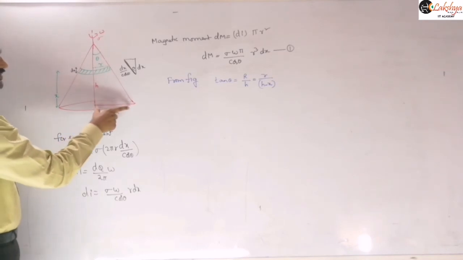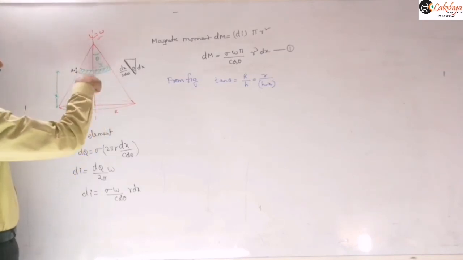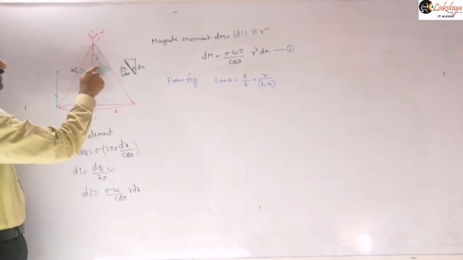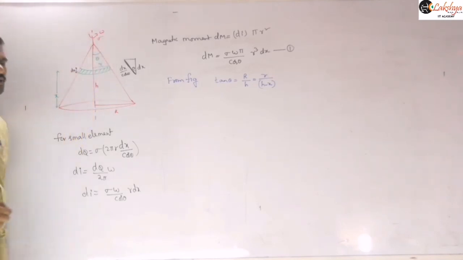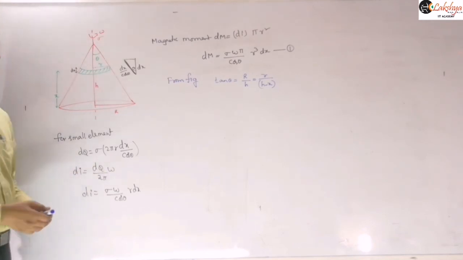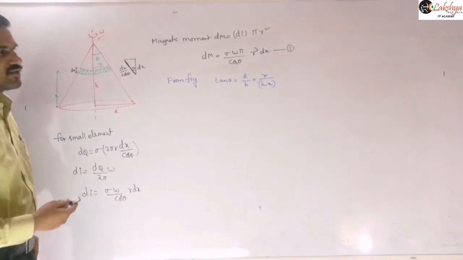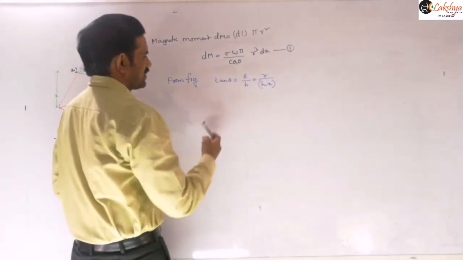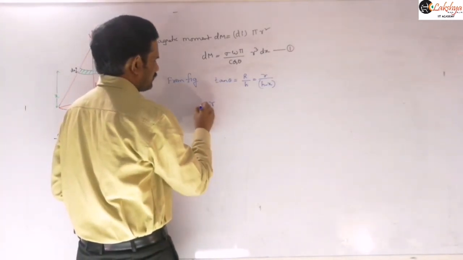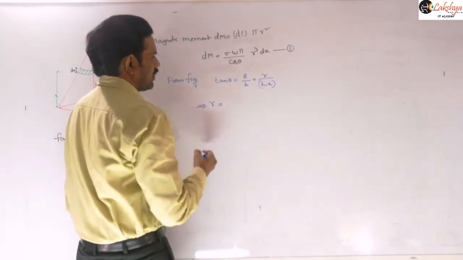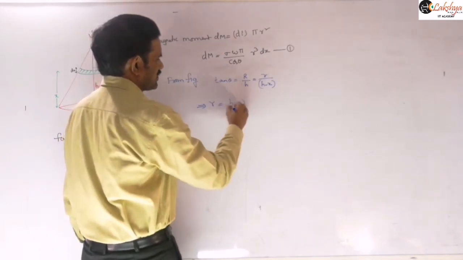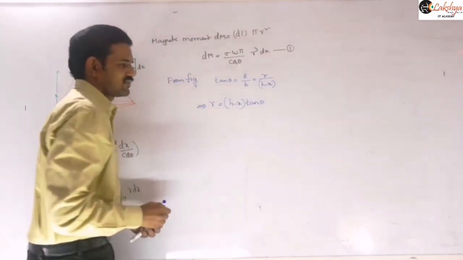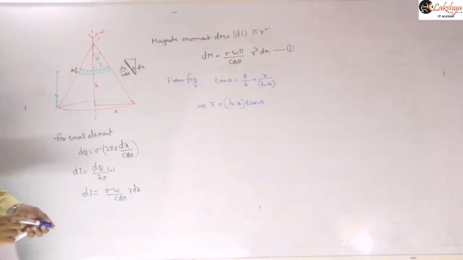From this you can write capital tan theta is equal to R by h, whereas if you are taking a small triangle, then this opposite is r and this value will be h minus x. And in terms of theta, let us derive this expression. Generally they will give the options in terms of this theta. So therefore from this what you can write is r is equal to h minus x into tan theta. So I am writing in terms of that there.